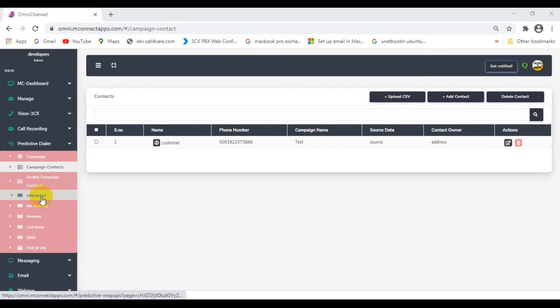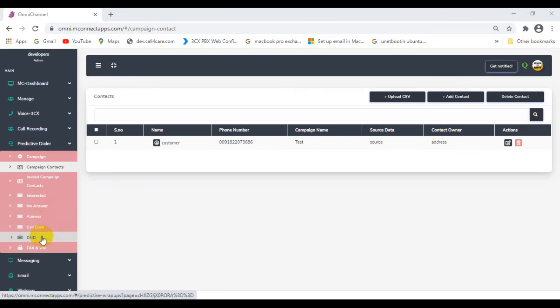If the customer attends the call and shows some interest over the product or the service, the agent will categorize the call as interested, and if there is no answer from the other end, the call will be categorized under no answer. If there is a call but neither the interest nor any sort of intention is shown, then it will be categorized only as answer. And if the customer requests a call back, then it will be categorized under a call back.